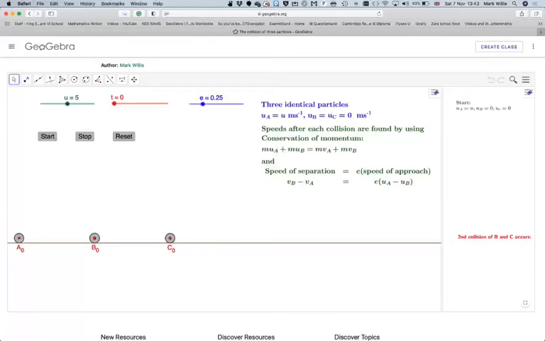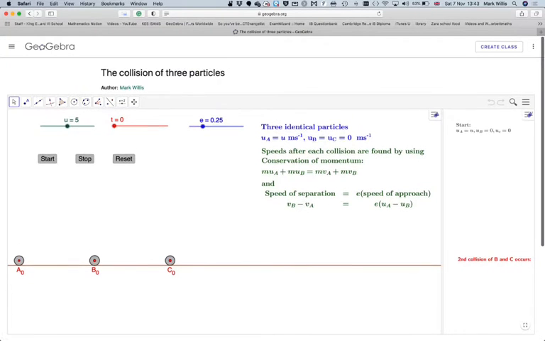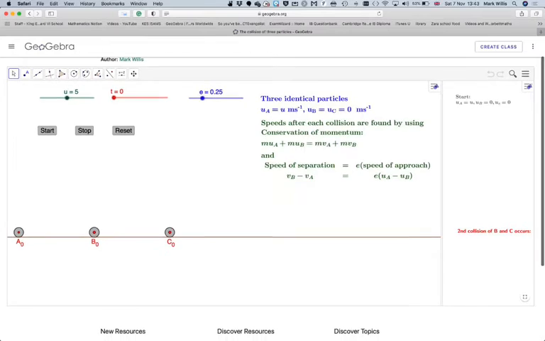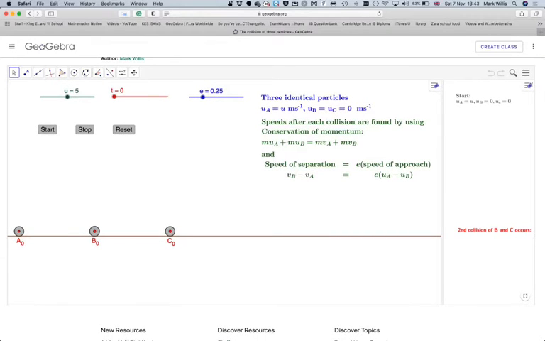Okay, in this GeoGebra app, what we are looking at is the collision of three particles. You've got three particles of all identical mass, equal distance apart. And then what you've got to do is find the speeds after each collision using the idea